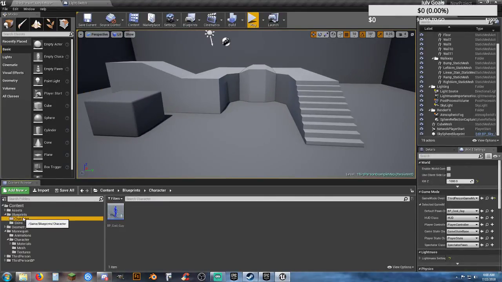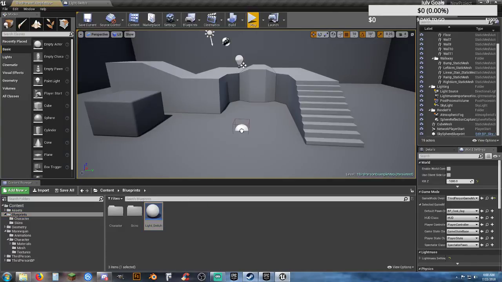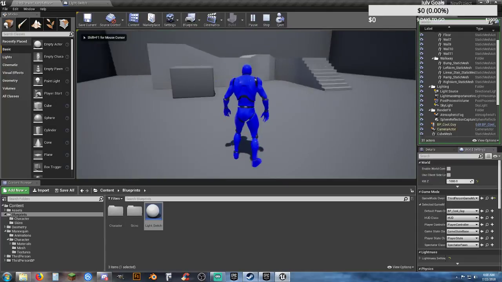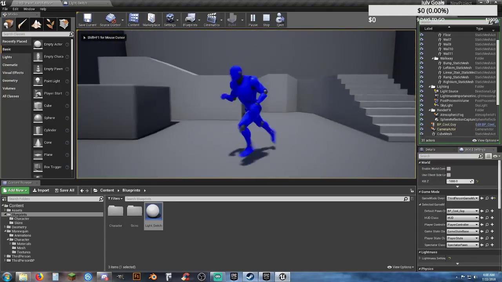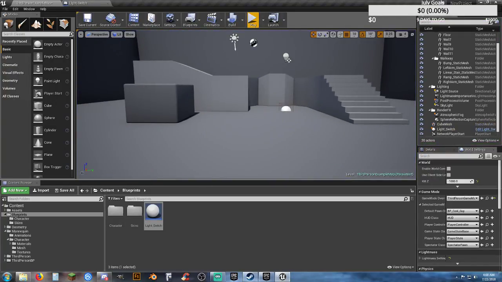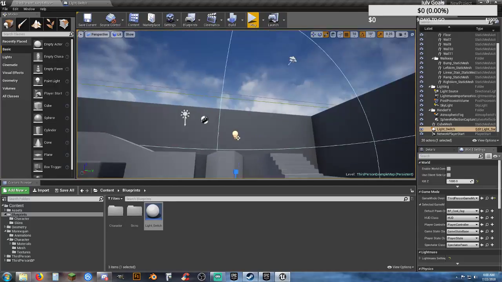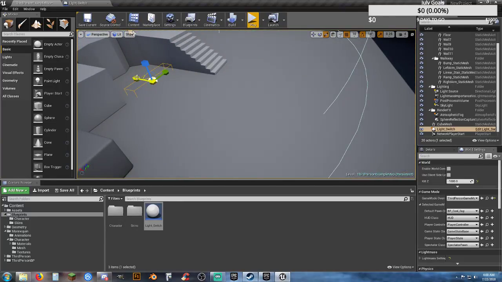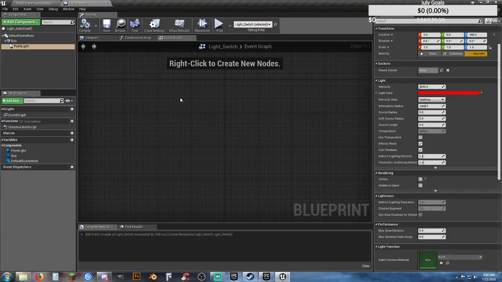Let's take our light switch, drag it into the map, and it's actually going to do nothing. See, we have no light. We need to take this light switch, and I'm going to make the box a little bit bigger so you get the point of what we're actually doing here. I could also go in here and